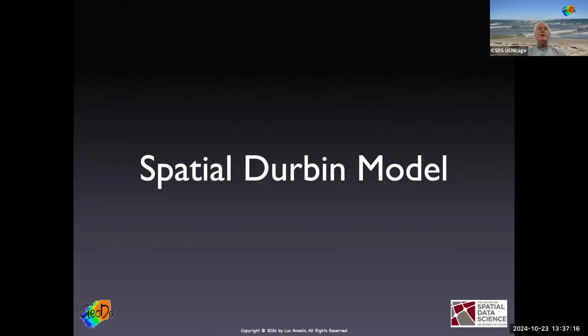So we start with what is called the spatial Durbin model, which, ever since about the last, definitely 15 years or so, is like the go-to model in empirical work in spatial econometrics or spatial regression analysis. Not always for the right reason, as I'll mention in the discussion. So the origins of the spatial Durbin model and the reason it's called that